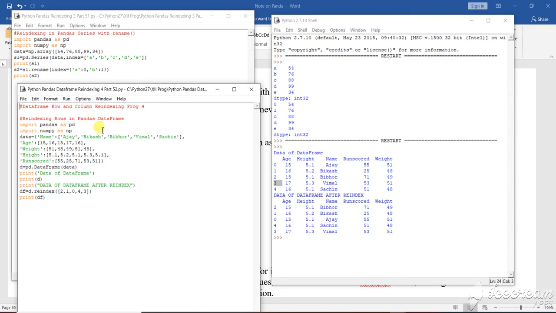These are the two programs I have kept, and two outputs. See here, the first case output is here and the second case output is here. In this particular series of output, I have re-indexed the rows in the pandas data frame. That means I re-indexed the total thing. So you can re-index your data frame. Here I am doing it with a very small amount of data. It may be required that you know in which index position what data is stored, and you want to retrieve the data in that particular manner, so you can do it according to your own specification as you wish.